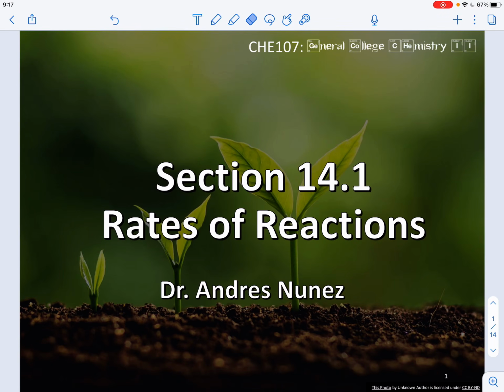We're starting a new chapter with section 14.1, and the entire chapter 14 has to do with chemical kinetics. Some of the things that we are going to explore in chemical kinetics are how fast chemical reactions can go and what factors affect how fast chemical reactions can go. Section 14.1 deals with rate of reactions, so for now, we just want to understand how we define the speed